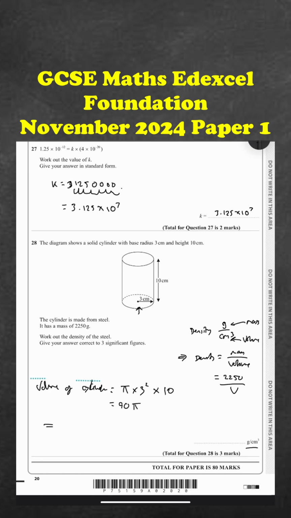And therefore, I'm just going to do this in one sweep. I'm going to say density equals 2250 over 90 pi. On my calculator, 2250 divided by 90 pi gives us 7.95774. They want the answer as 3 significant figures,